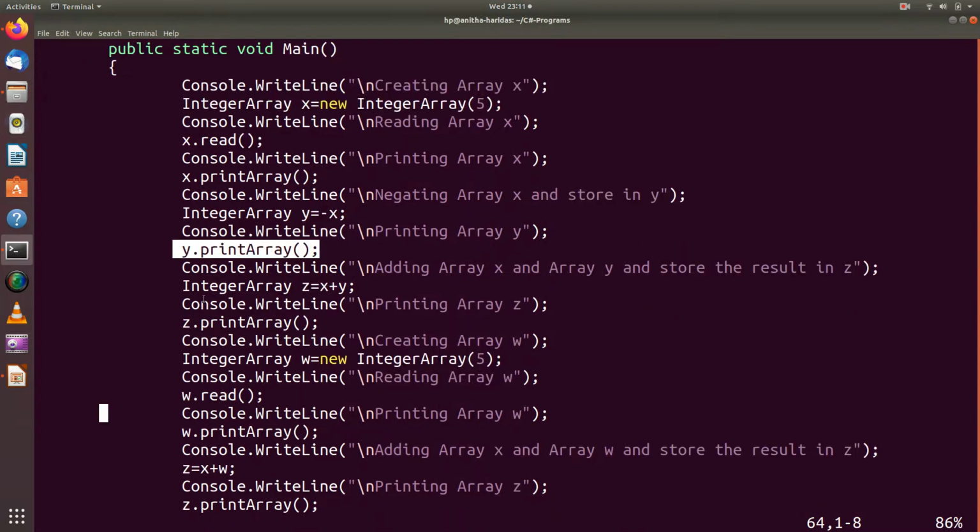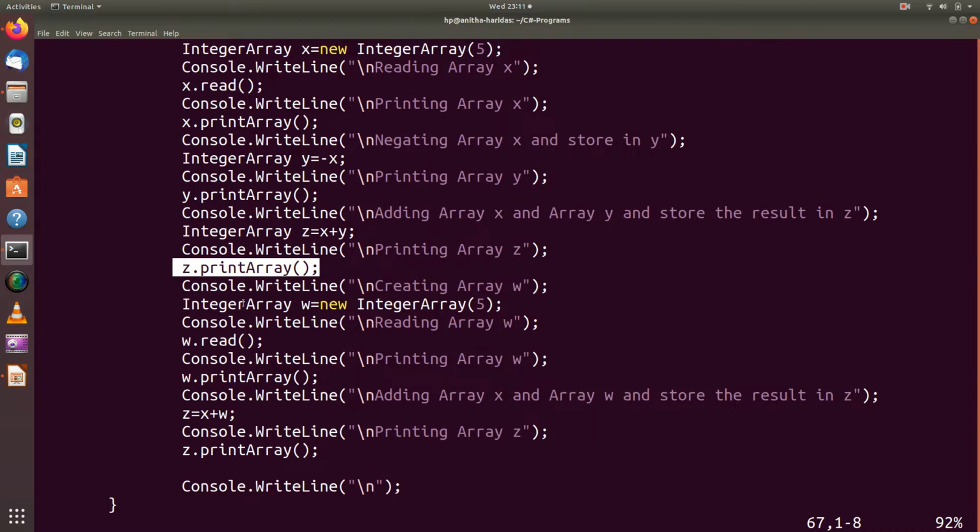Then I am trying the binary operator. Whatever x value and y value I have, I am adding them. So x is the original value, y is the negated value. When you say x plus y, automatically the z value should be 0. Let us see whether it is printing 0, 0, 0 in the output.